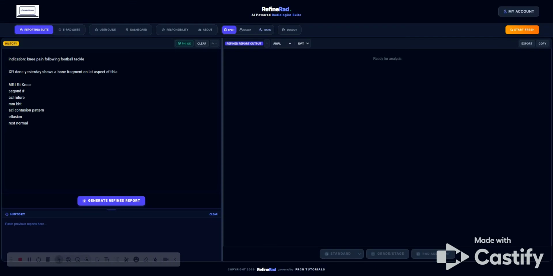You don't have to type that, but I'm just giving you a brief idea of what you can do. I also want to show you another feature. Once you put some stuff in here, it will activate the generate refined report. If you accidentally put any hospital number, say 1 2 3 4 5 6, the system automatically recognizes that